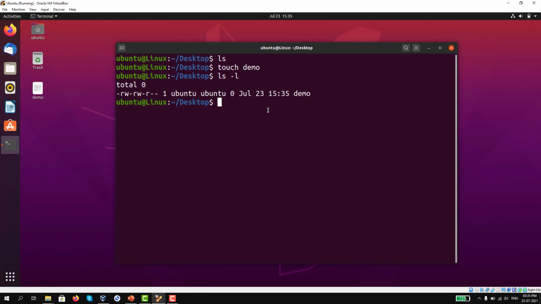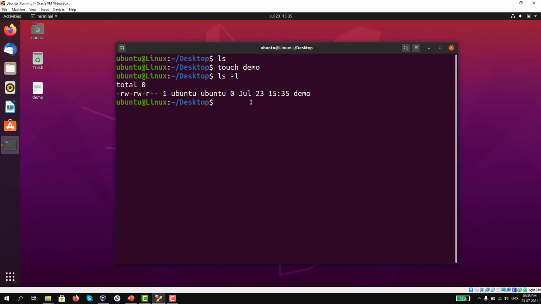Generally any Linux system has default permissions of 666 for files and 777 for directories, meaning read and write permissions for everyone, and read write executable permissions for everyone in case of directories. This is in case of files and this is for folders.